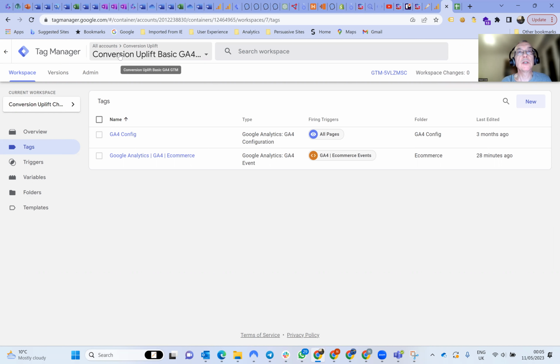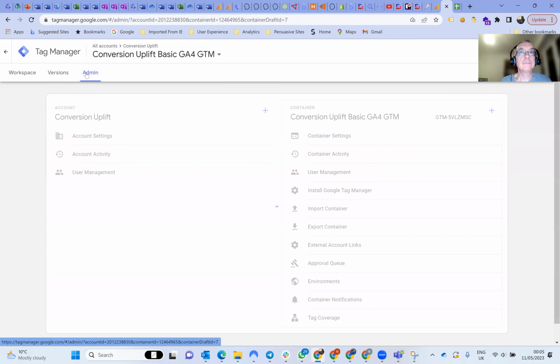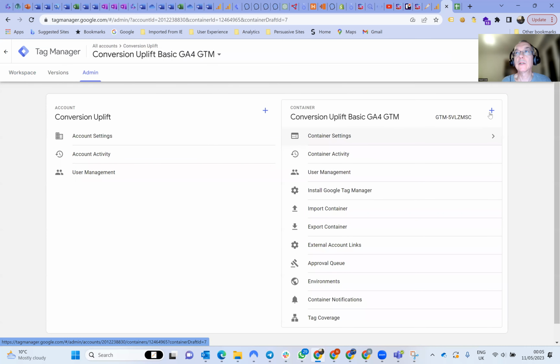But if you're creating it for a new website, then you may want to create a new container specifically for that site or that client. So what you do here is go to admin, and we're going to create a new container. So we click on the plus on the right side here,